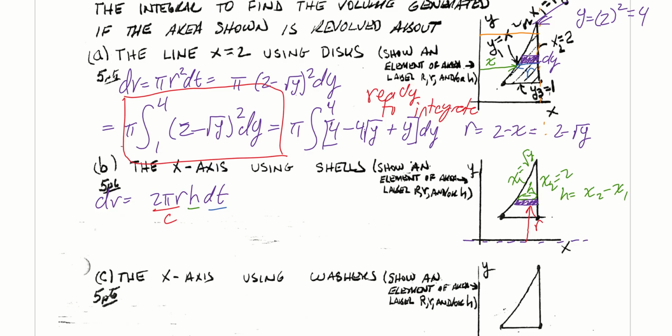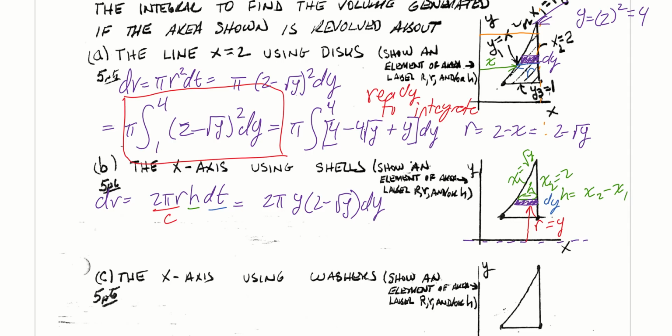And I'll go ahead and write out what our radius is. Our radius is essentially y, because at every point it's the distance from our x-axis. So here, this is up to y equals 1, and then every point after that, it will be varying y. So we know r is equal to y. And then dy, we've already said it's going to be dy. So now we can go ahead and plug in for all this. We can say 2 pi, r being y, h being x2 minus x1, so it's going to be 2 minus x1, square root of y,